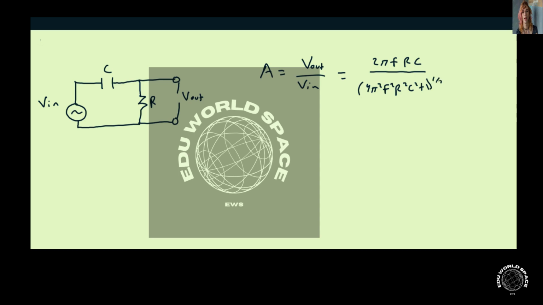So how do we show this? Let's start by finding the output voltage across the resistor. So using a voltage divider equation, we can show that this is equal